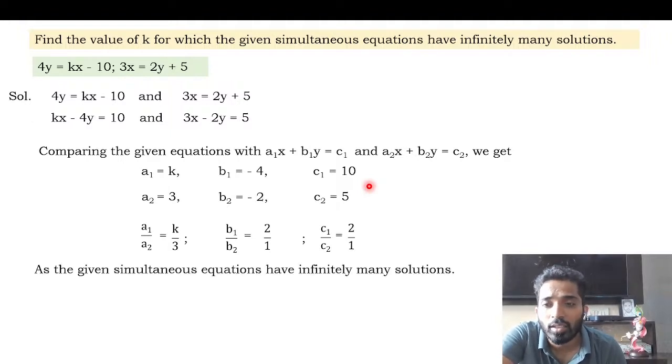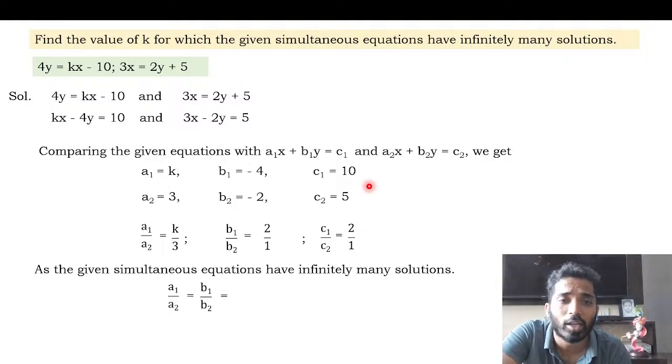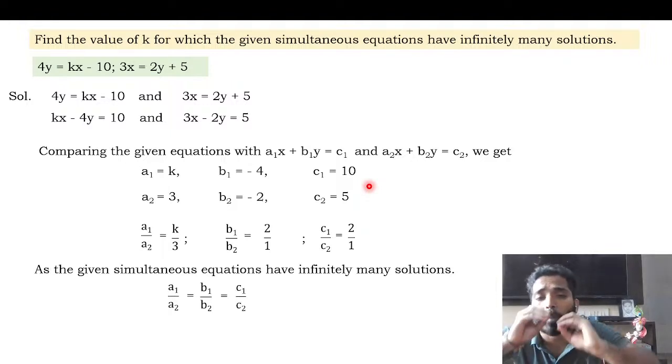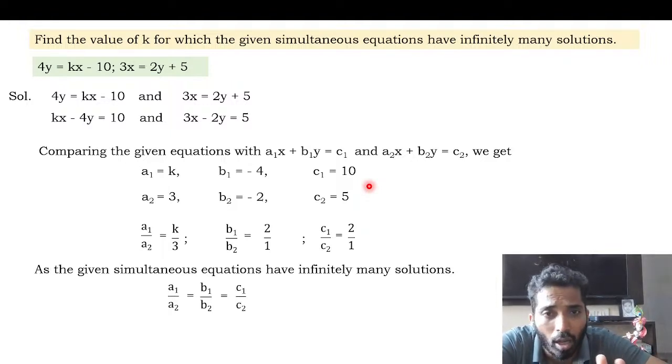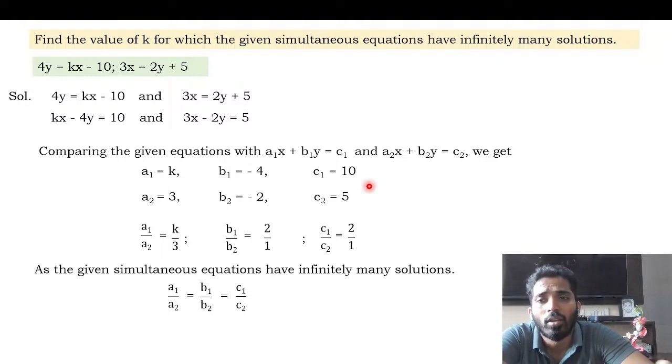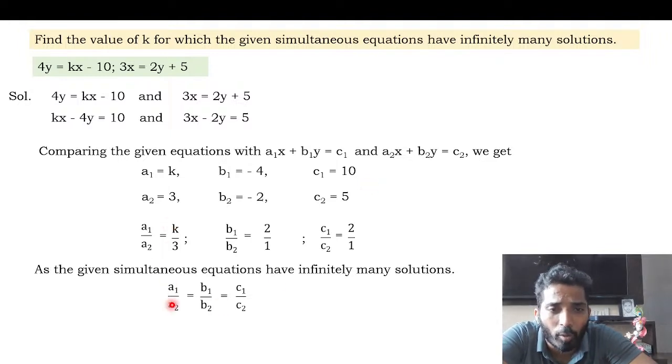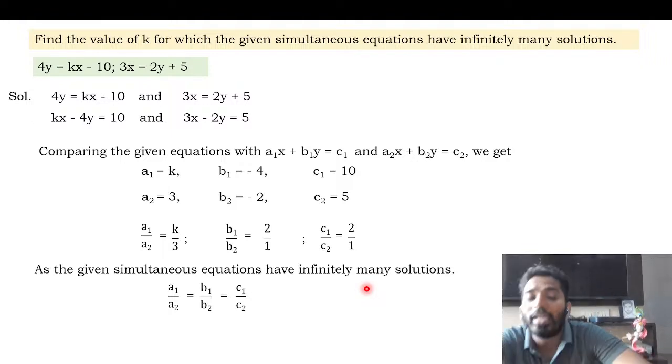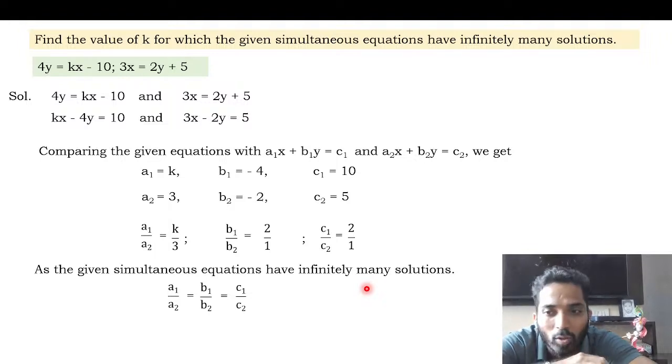Now since they have infinitely many solutions, a1 upon a2 will be equal to b1 upon b2 is equal to c1 upon c2. Now substitute the values here. अगर नहीं समझा है कैसे करना है, यहां पे वैल्यू सब्स्टिट्यूट करो a1 अपॉन a2 का, b1 अपॉन b2 का, c1 अपॉन c2 का, एंड कोई भी एक रिलेशन यूज करके आंसर निकालो। ओके, नूर हैज गॉट द आंसर। लेट अस सी व्हाट अदर्स हैव टू से।